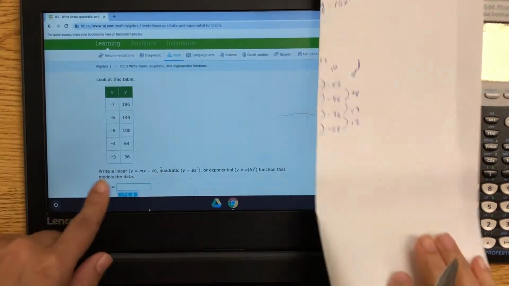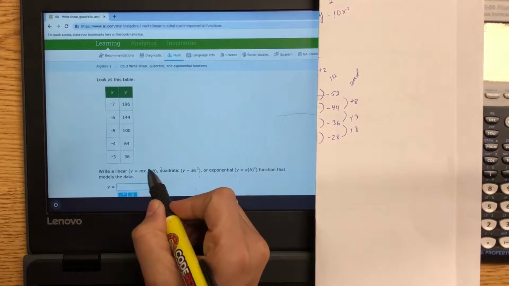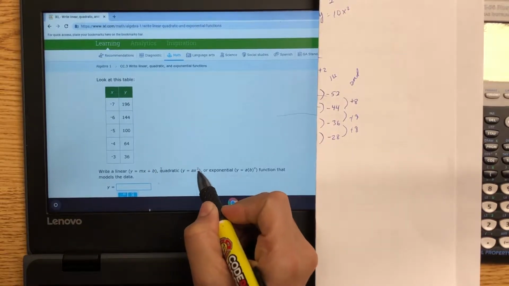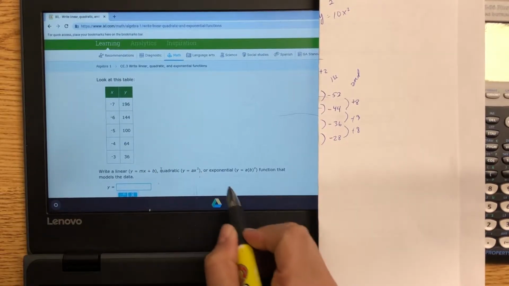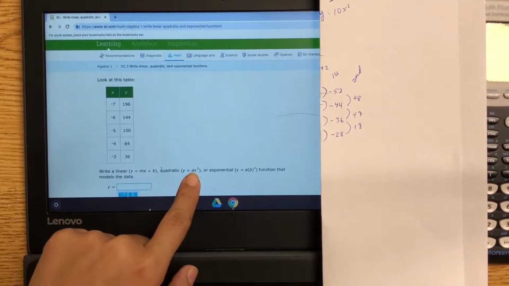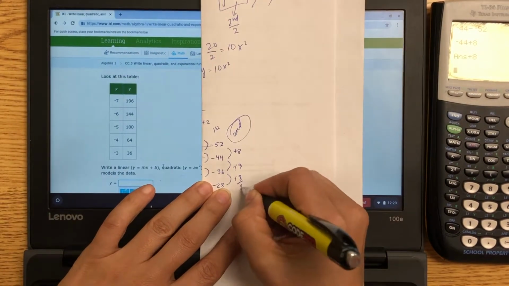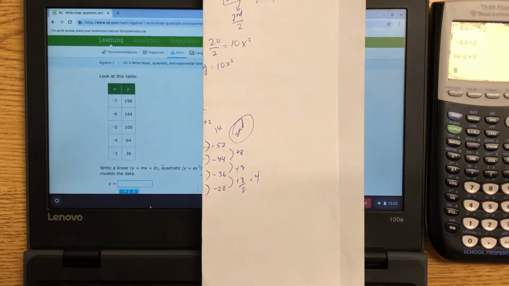Okay, now that's going to be quadratic. And the way you remember this, linear is the power of 1, quadratic is the power of 2, cubic would be the power of 3, but exponential is the power of x. So y equals a, which again, remember, is the second difference, whatever that is, divided by 2. So it's going to be 4. So that's going to be 4x